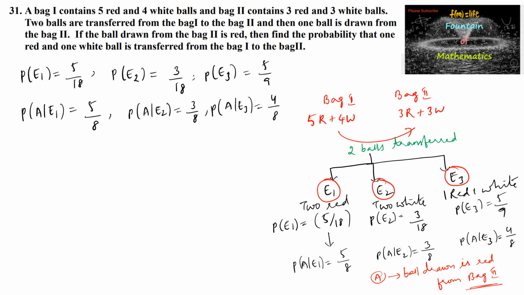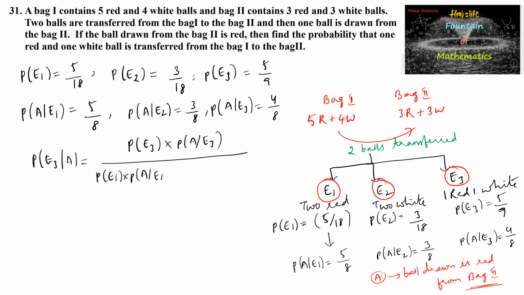So by the total probability theorem, the required thing is the probability that one red and one white ball is transferred, given that the ball drawn from bag 2 is red, which is equal to P of E3 into P of A given E3, divided by P of E1 into P of A given E1 plus P of E2 into P of A given E2 plus P of E3 into P of A given E3,